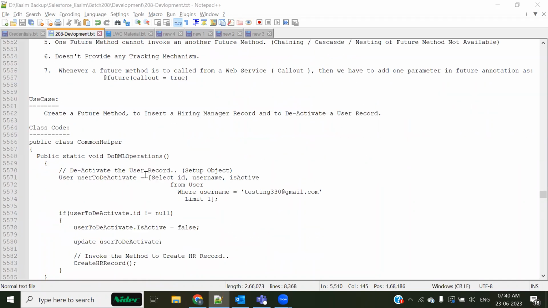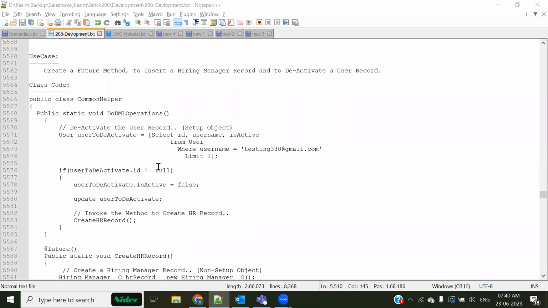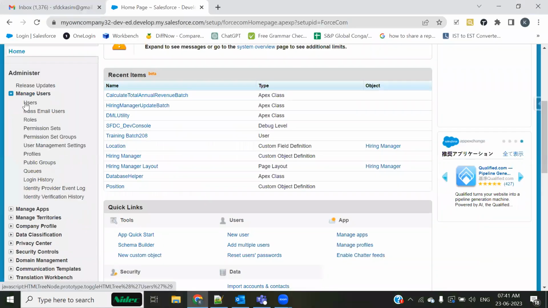So I would be creating a program where I'm going to perform two things in the same program. I would be inserting one record inside an object, like hiring manager, let's say I have selected. So I would be creating a new record inside the hiring manager object, and within the same program, I'm also going to deactivate a user. See, if we go to the section of users,